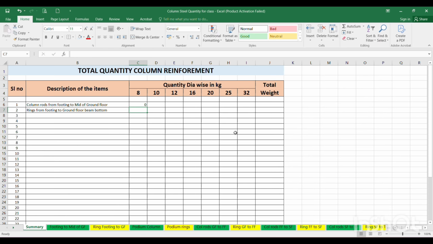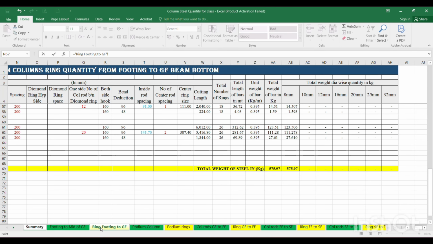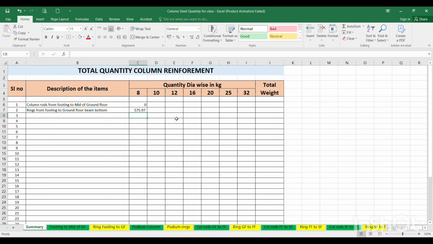Similarly, again at the 8 mm cell put equals for the ring from footing to ground floor, go to that sheet, select that 8 mm cell and press enter. And after doing that, select these two cells, hold at the corner and drag it